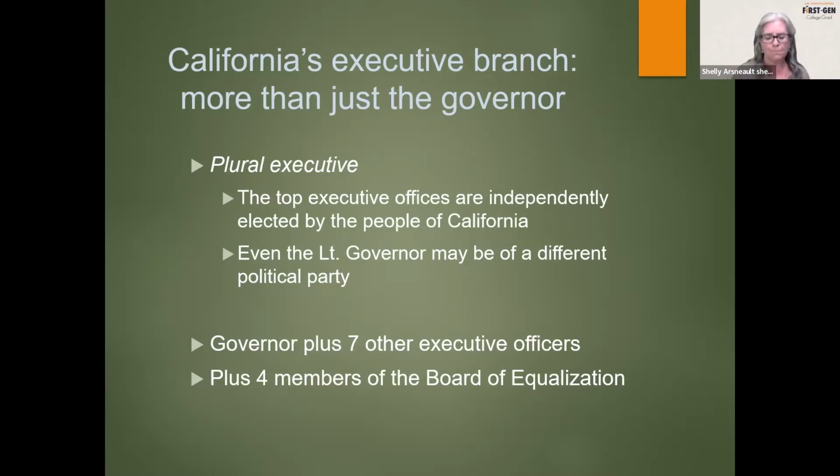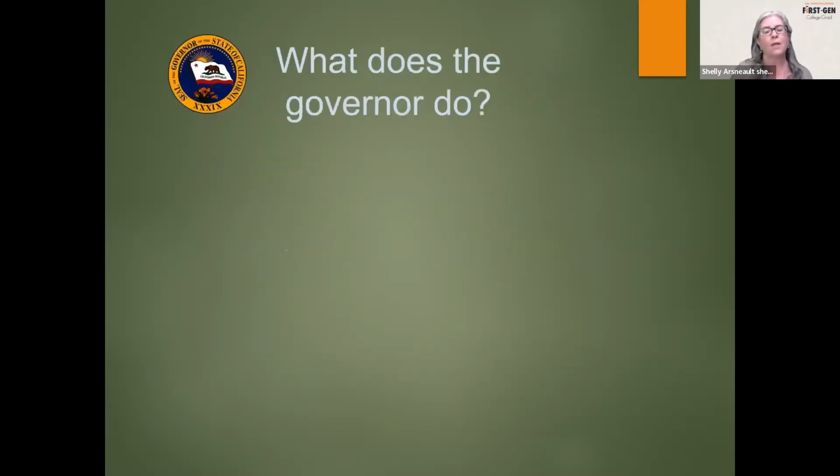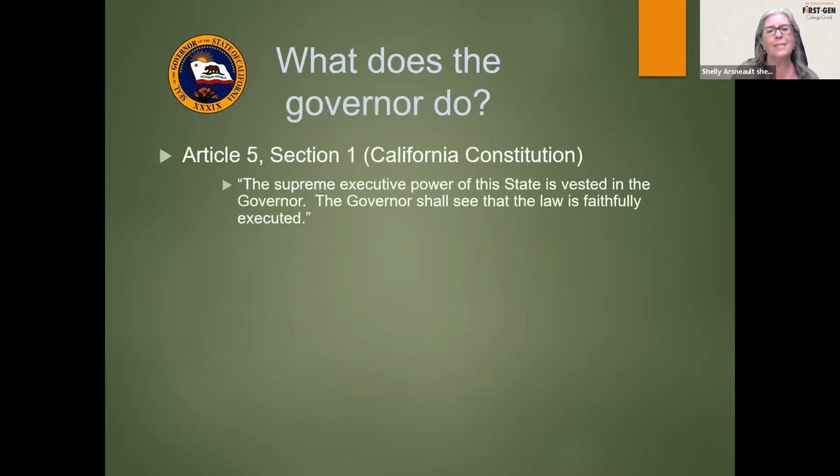And I'll show you where you are. I'm assuming, since we're on Zoom, you could be from all over the state. So you may be in a different Board of Equalization zone area than I am, or than Cal State Fullerton is. So I thought I would also take a look, since you have a sense of the governor, right? That's the big office. But what does the governor do? I thought we should take a look at this.